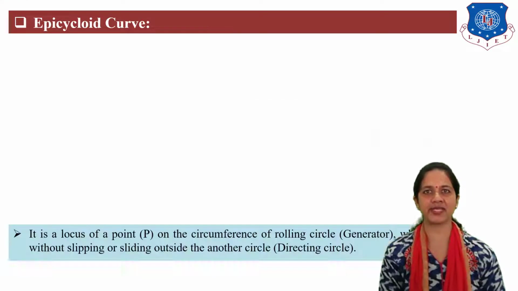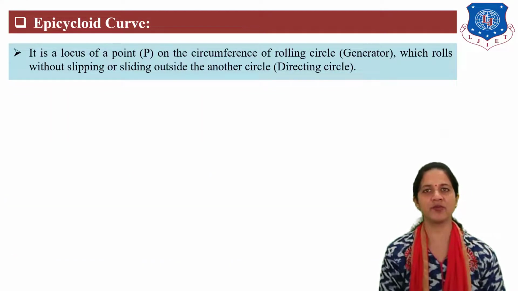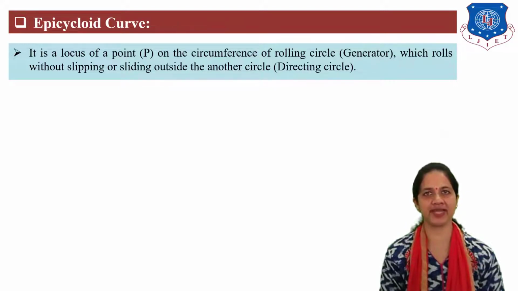What is epicycloid? It is a locus of a point on the circumference of a rolling circle or generator which rolls without slipping or sliding outside another circle, or directing circle. Now, in a cycloid curve, the director is in the form of a straight line, and in epicycloid and hypocycloid, the director is in